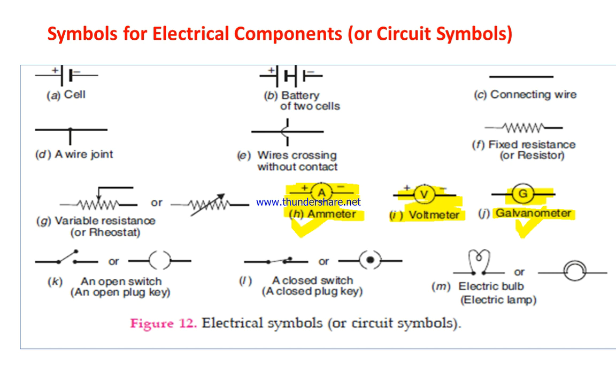You can again see the symbol that is of cell. There is a big line and then a small line. The big line represents the positive terminal and the small line represents the negative terminal. Again we have two batteries connected here. This is for resistance, and this is for electric bulb. This is a symbol for closed path. This is for the open switch. Okay, so these are the important ones that we have to consider. We will also see further symbols as we move on to the next part.